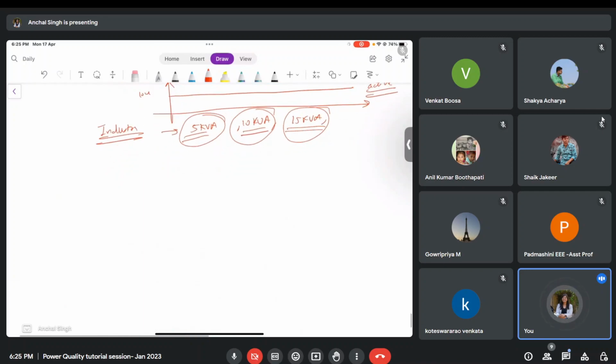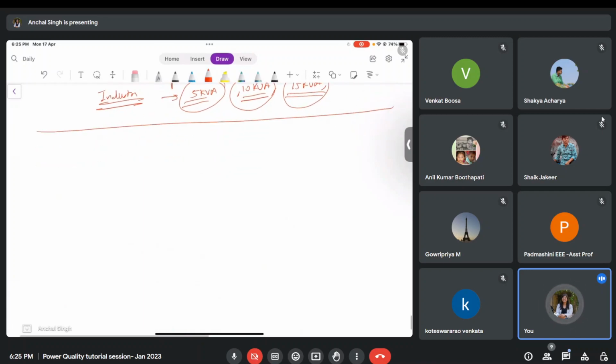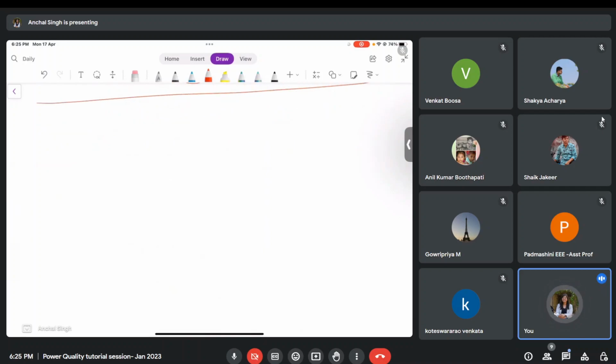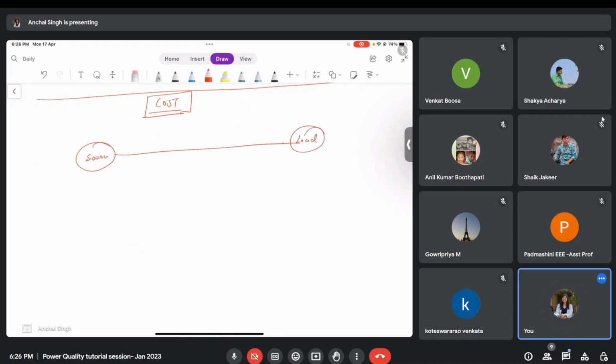So far we have been discussing what we have discussed. Now let us move on to the topics that are covered in this week. In this week we are looking at the solutions, right? This idea also came because of the cost parameter. Now what people said is there is this source, and then there is my load. Sometimes in the source to load conversion, suppose my load is DC in nature, then I put an AC to DC converter, right?